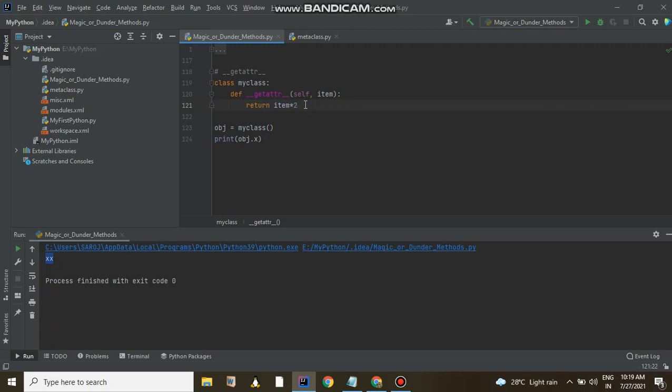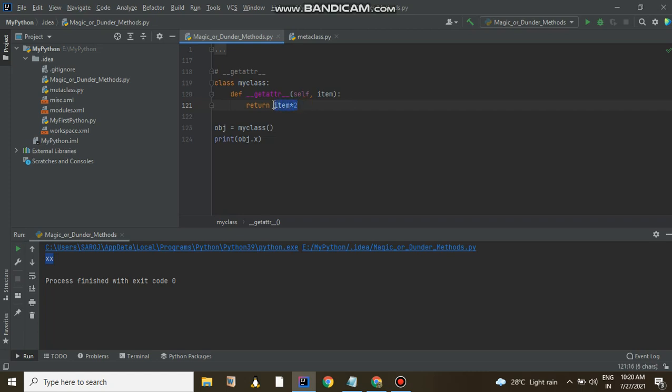Whenever you try to access an attribute of your class which is not present, it will go to the __getattr__ function and give you the corresponding execution of its body. So here it will multiply item into 2.